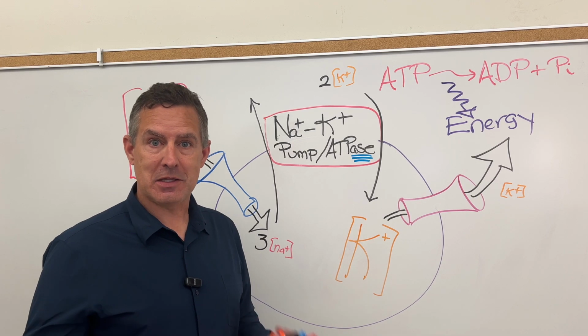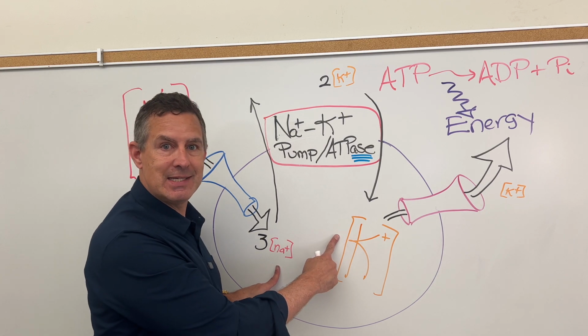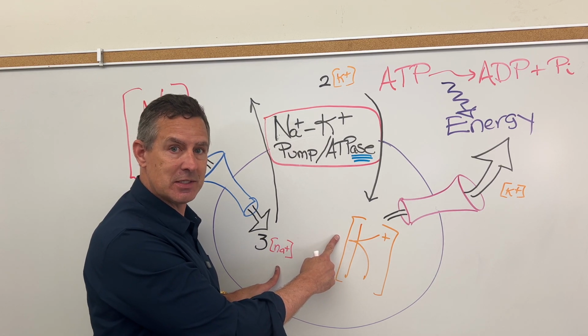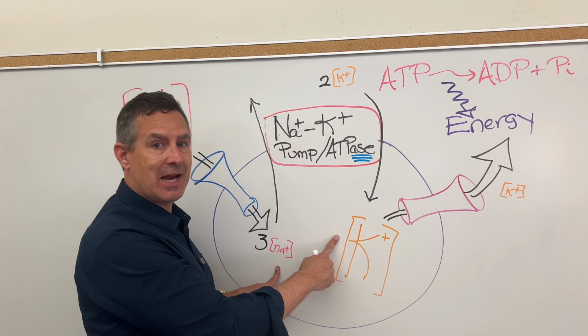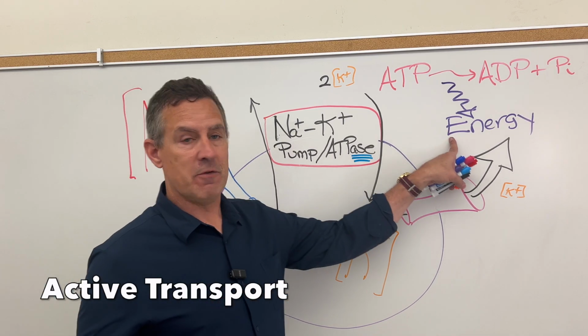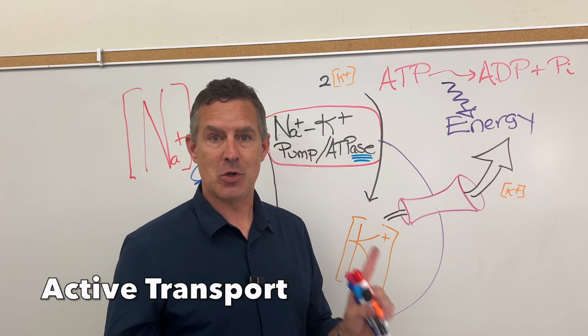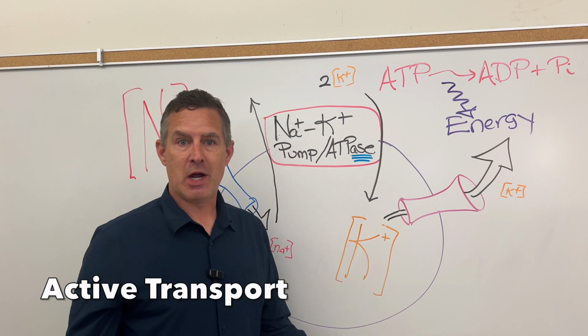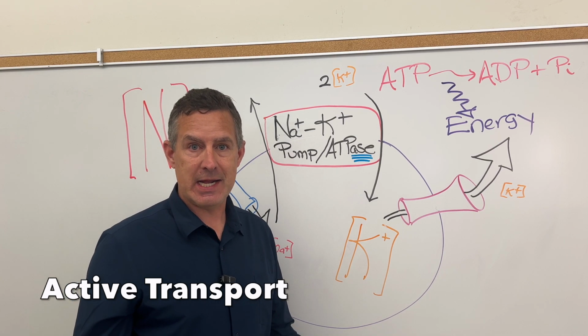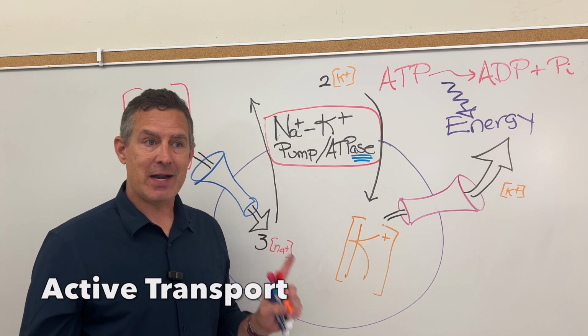Now, to be very clear on what we're talking about here, we're now talking about moving entities against their gradients. And this is an active process, meaning it requires energy in the form of ATP. ATP is a form of chemical energy. We will talk about another form of energy known as kinetic energy, but energy is needed to do work in the body, and one of the